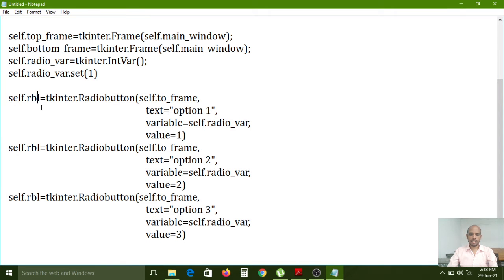self.rb1, this is rb1 and this is rb2. The variables are related to radio buttons. This is rb3.